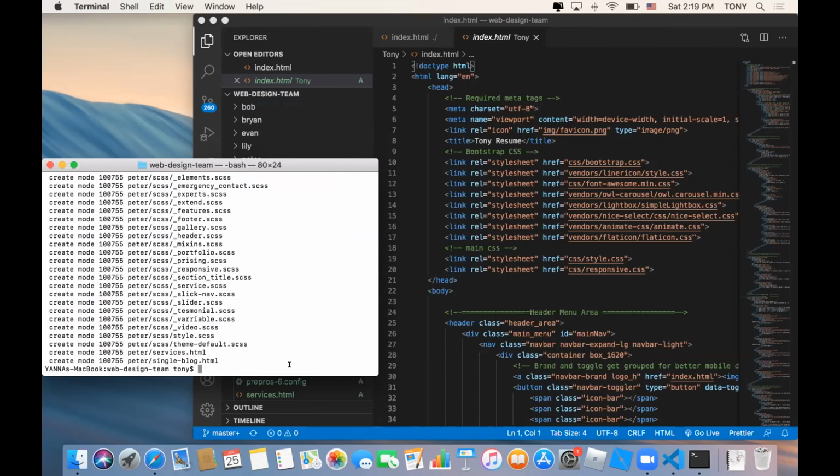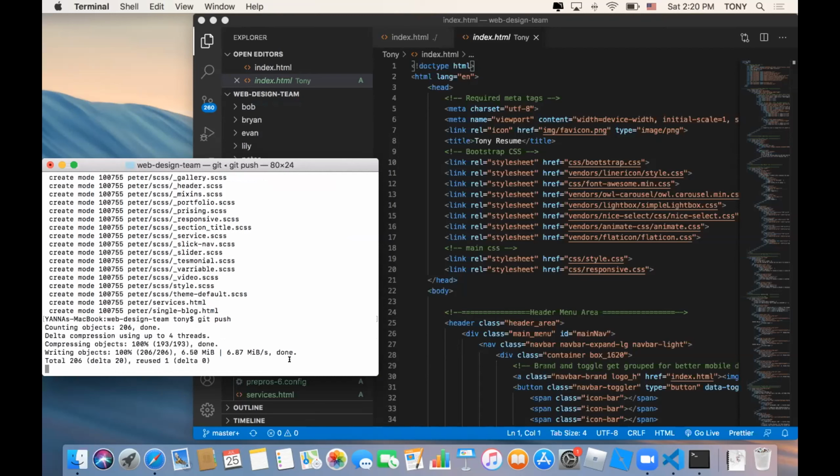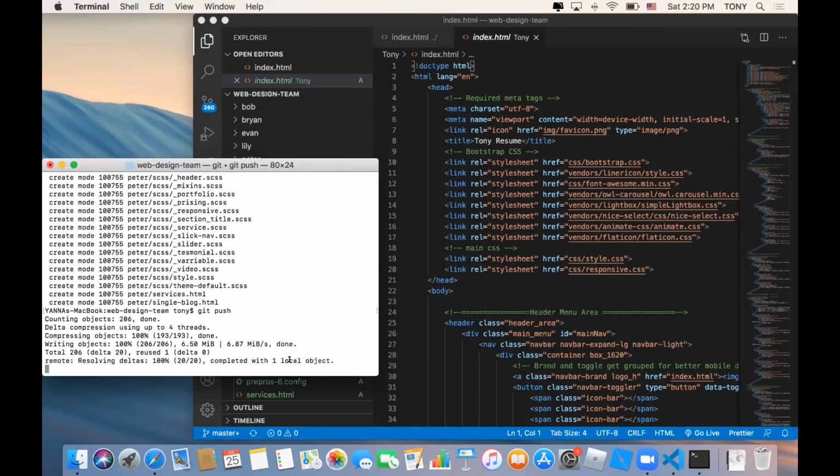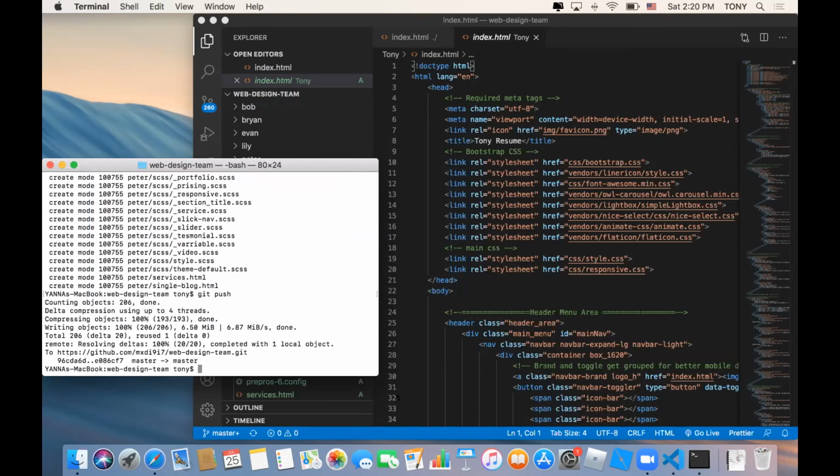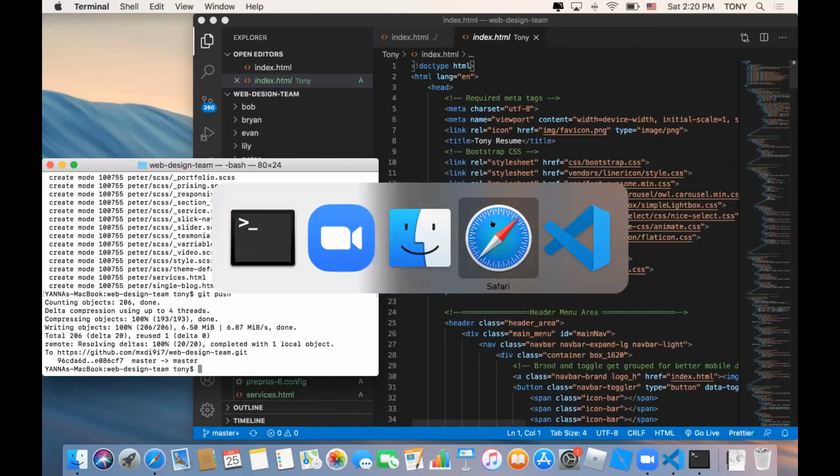Did you push? You gotta push. I pushed. Okay, awesome. So check on GitHub to see if it works.